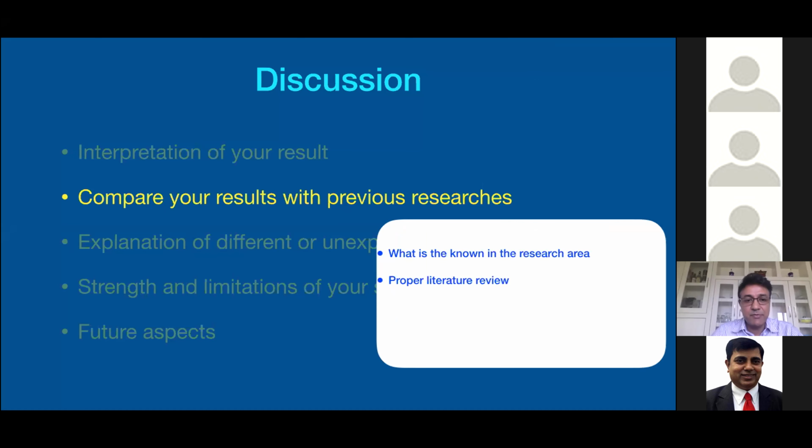That means you have conducted the study, but what has been known till date? You have to compare that with your result in the second paragraph of your discussion. In the first paragraph, just summarize or interpret your result, and in the second paragraph, you compare your result with other findings or with previous research. Then after that,